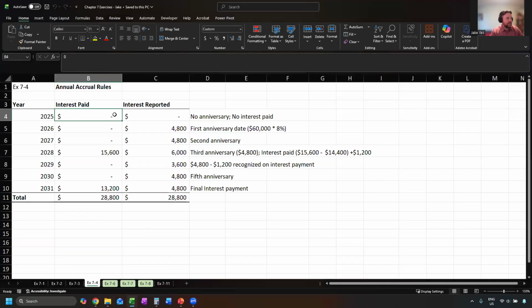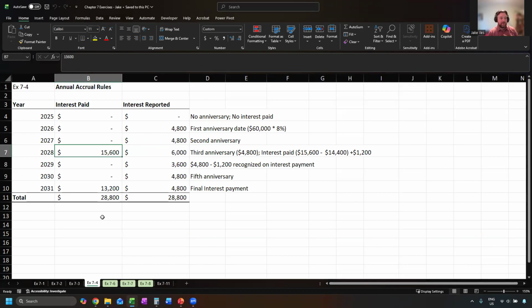So there's nothing to be recognized in the first year, 2025, because an anniversary date hasn't passed and we also collected no money. In 2026, a year's now passed, we recognize that first 48. Another year passes, we recognize the second 48. In 2028, we get paid